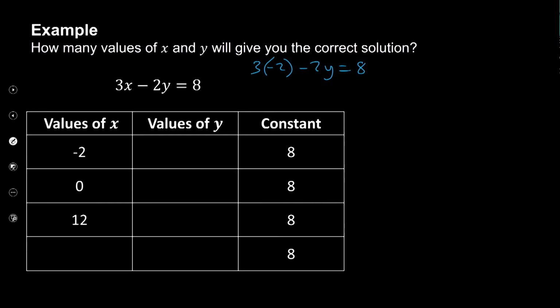And minus 2 times 3 will give me negative 6 minus 2y equals 8, and this will be minus 2y equals 14, then y will be equal to negative 7, right? So it means this goes with negative 7. If x is 0, then this will give me negative 4. If x is 12, it's 3 times 12, which is 36, and then my 8 minus 36 will be 28,